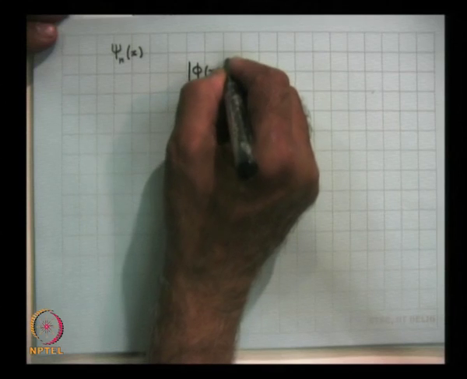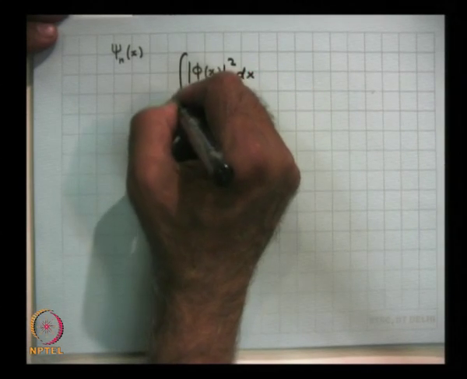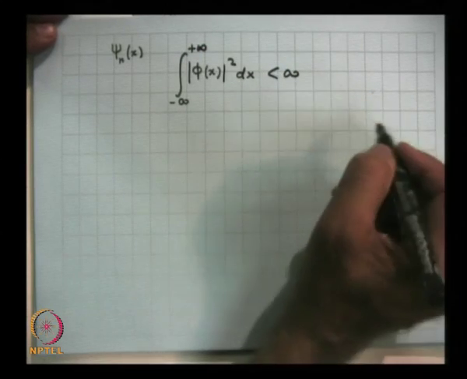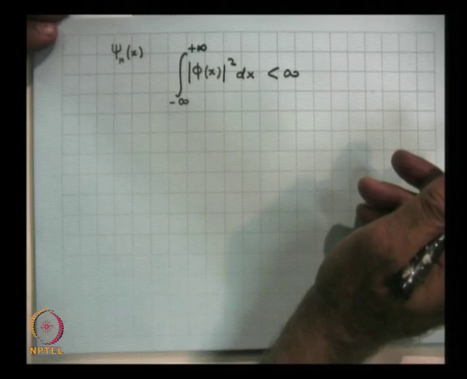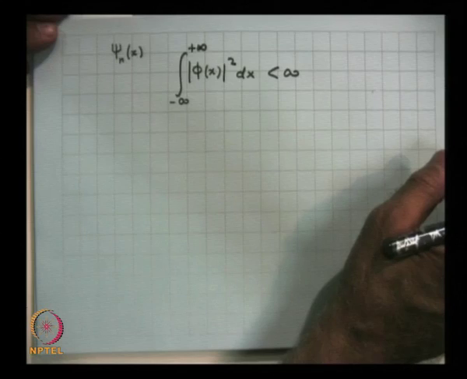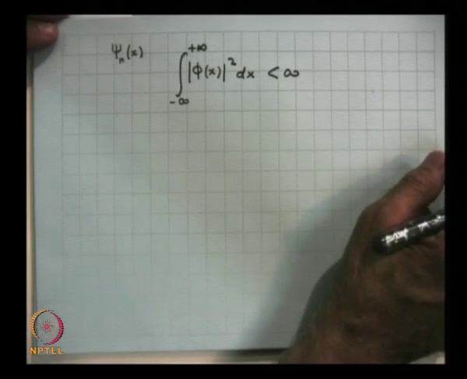So, that is the meaning of the word well behaved: it should be single valued at a particular value of x, phi of x must have a unique value, it must not go to infinity at any point, and it is a square integrable function, that is, the integral of mod phi of x square dx from minus infinity to plus infinity must be less than infinity. This inequality means that this integral is finite. So, such a function is known as a well behaved function,